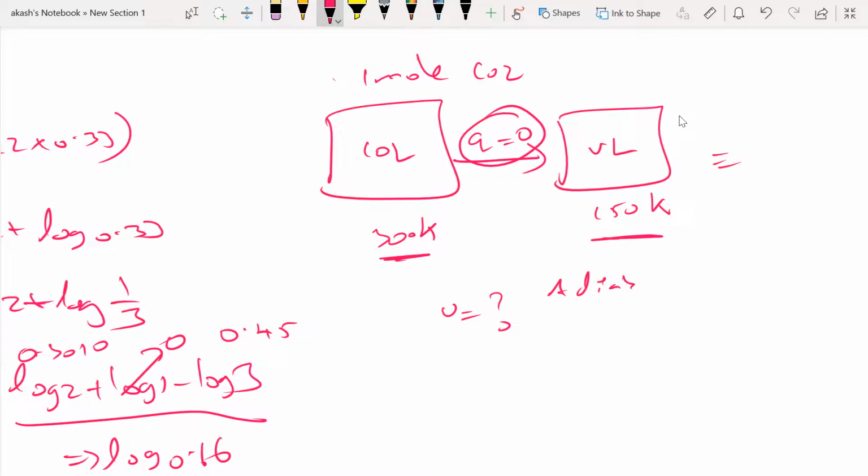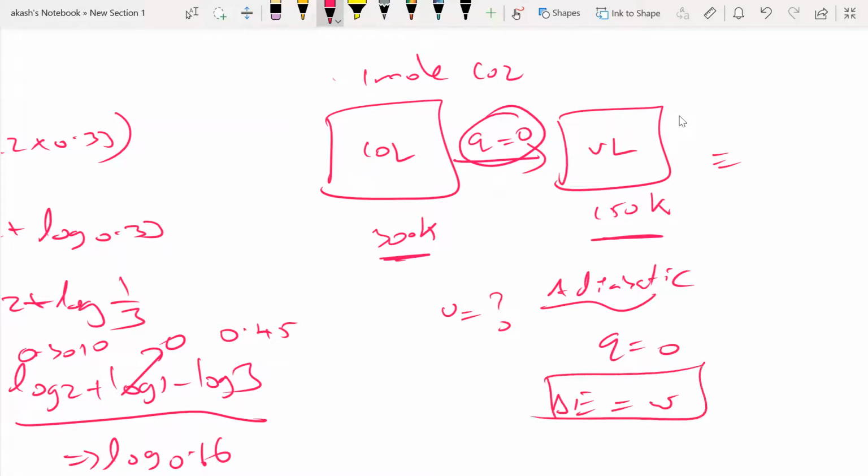Adiabatic, right? People, what happens in an adiabatic process? There is no heat loss, there is no heat gain, Q is 0. So we can directly write delta E is equal to W. Yes, right? So this is a case for reversible, or say adiabatic